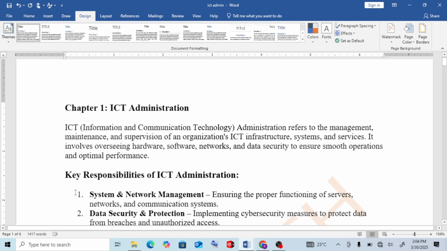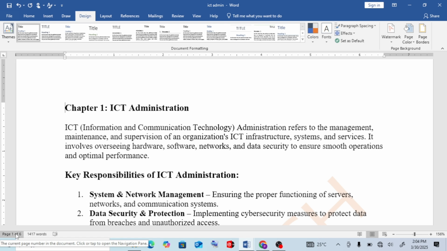This document comprises only 6 pages, as you can see here. But now assume like 100 pages. How can it be done to generate a table of content? To do this, we are going to use auto table of content.